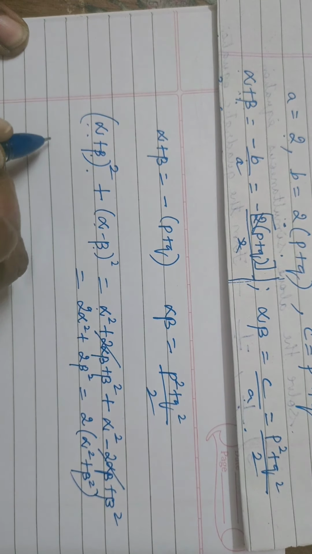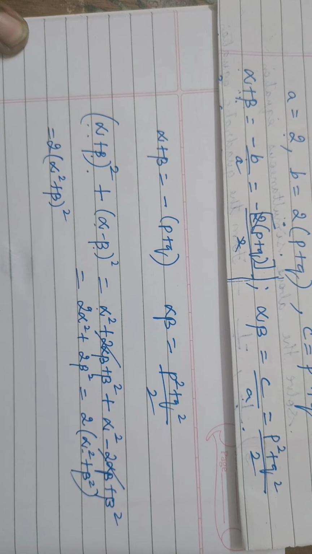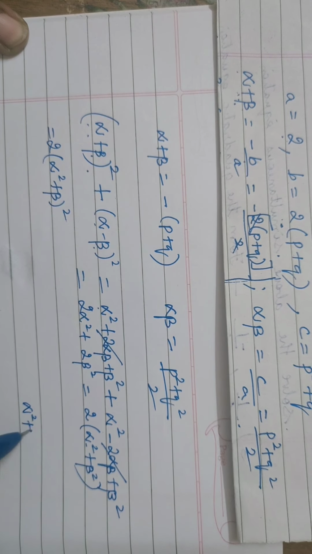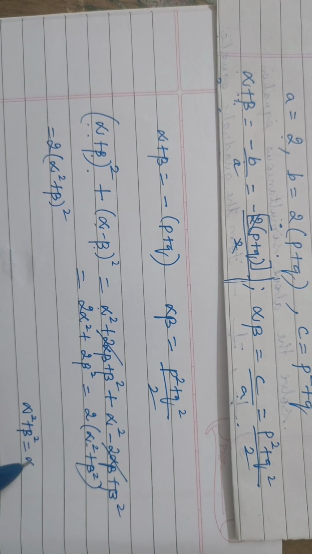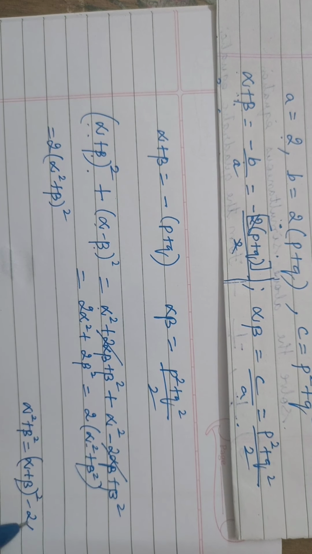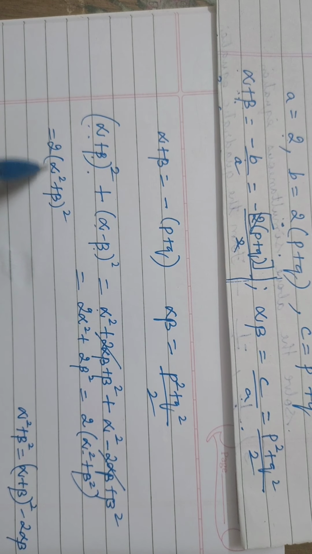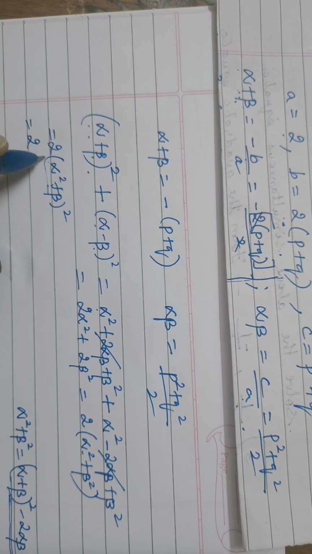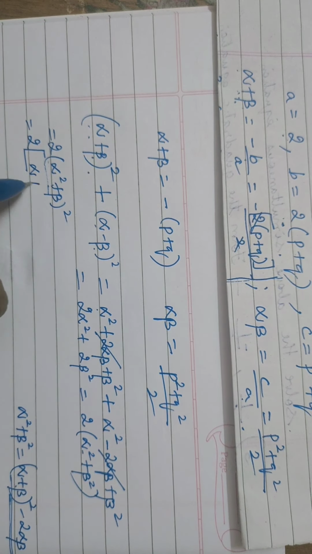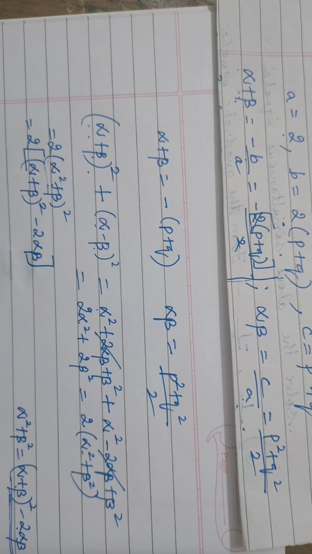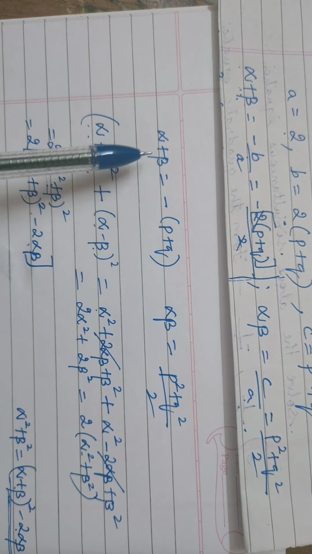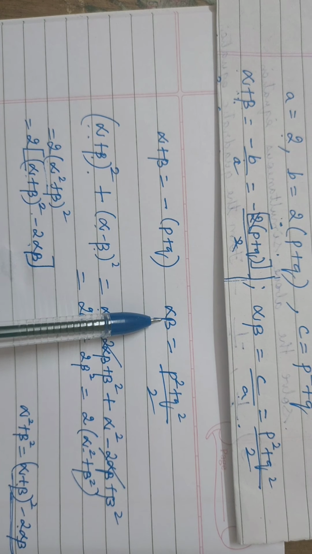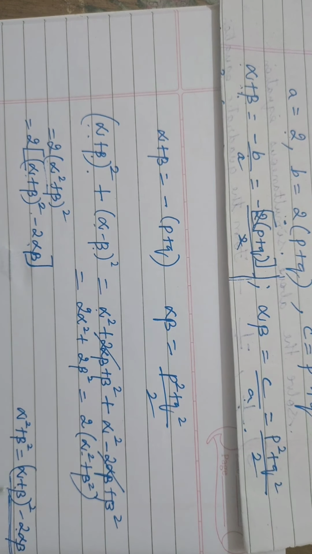But our sum didn't stop here. I am writing it again. You remember the identity we have learned: alpha square plus beta square equals (alpha plus beta) the whole square minus 2 alpha beta. So we write it in this place: 2 times the big bracket, (alpha plus beta) the whole square minus 2 alpha beta. Clear? Why have we brought this? Because we have the values for alpha plus beta and alpha into beta. We don't have the values for this type of term, so we have converted it into this.